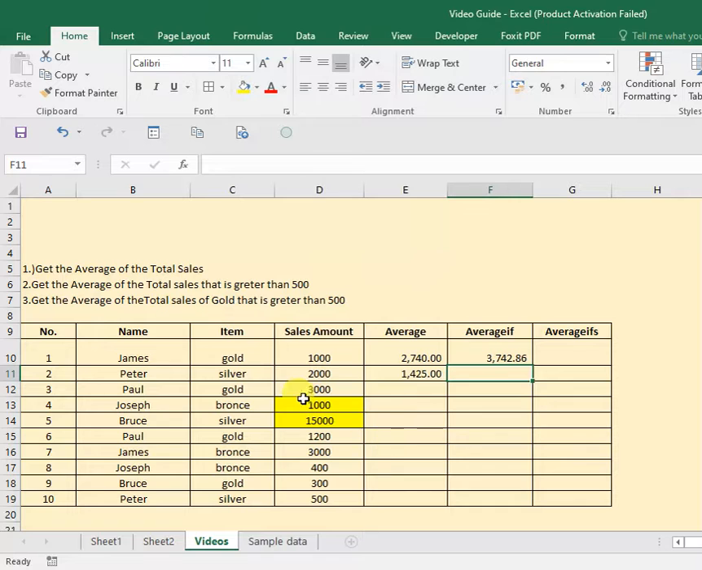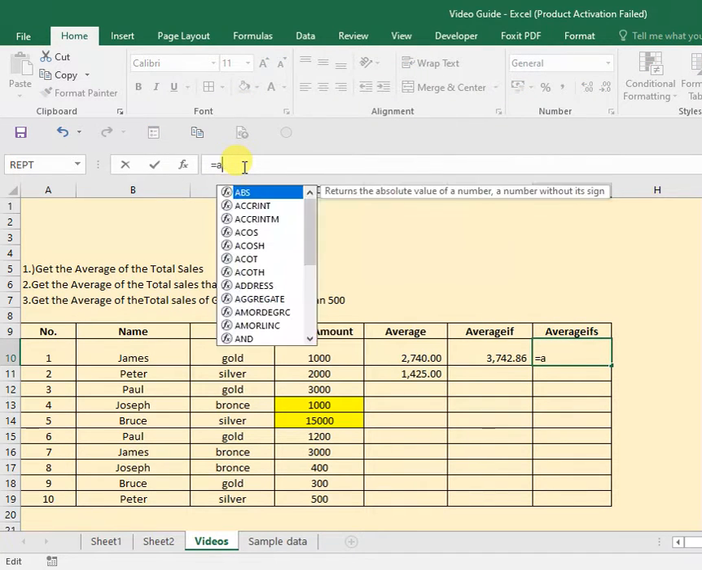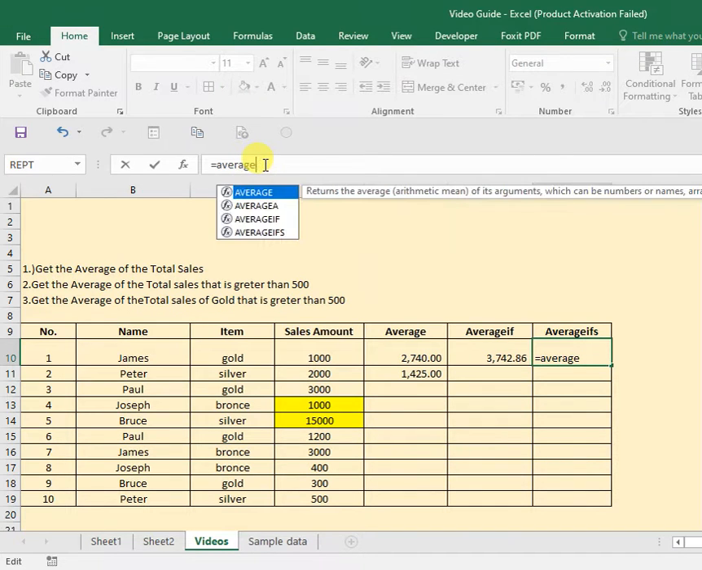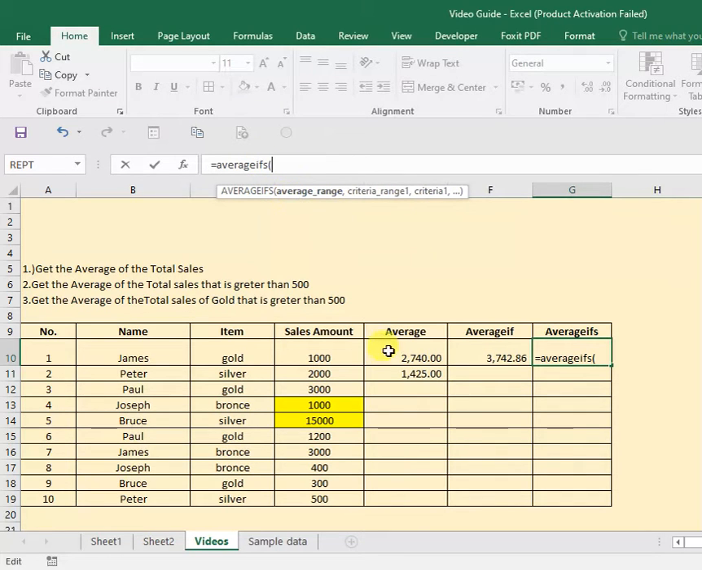For our third problem, get the average of the total sales of gold that is greater than 500. So we already have two criteria: gold and greater than 500. We can write the formula here, equals... Actually, you can write it here or here directly. I will write here AVERAGEIFS, don't forget the IFS, the average range, which is this one,